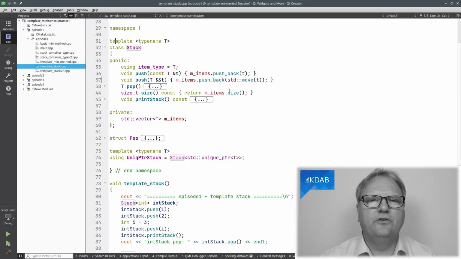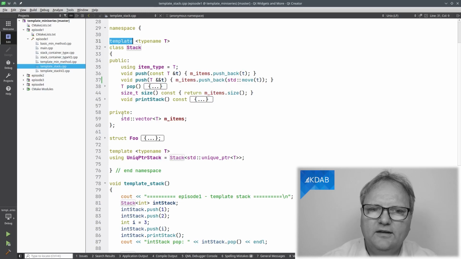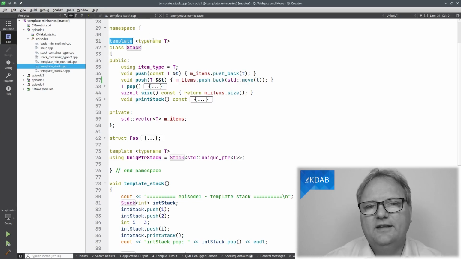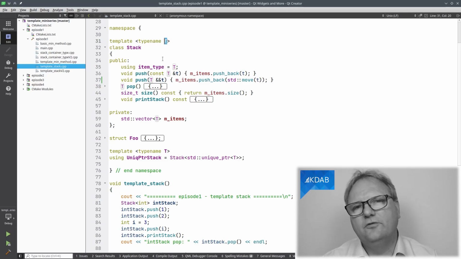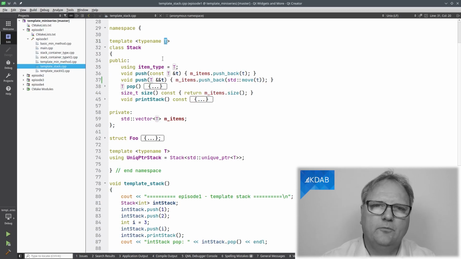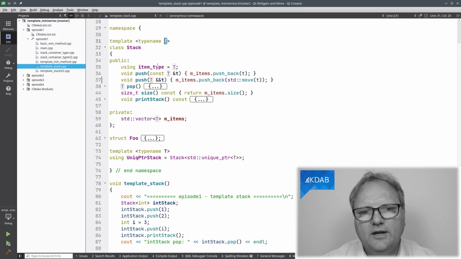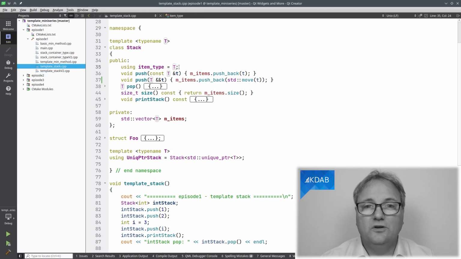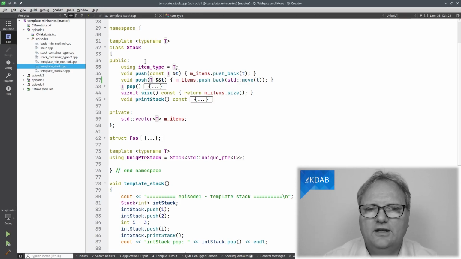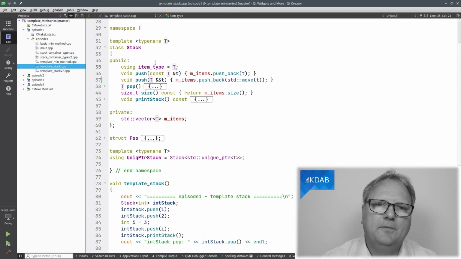So, as every good story, it starts with the keyword template. It tells me that this is a templated class. The thing that is changing between instance and instance is the type T here, telling me that T is a placeholder for the actual type that is used in different places. So we can see using item type equal to T. That's a trick that is used a lot in metaprogramming, that you later on can go and ask an instance what is the type of your items, by simply referencing this type name here.